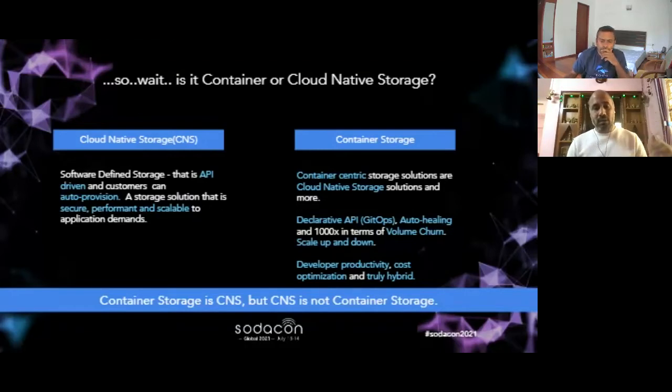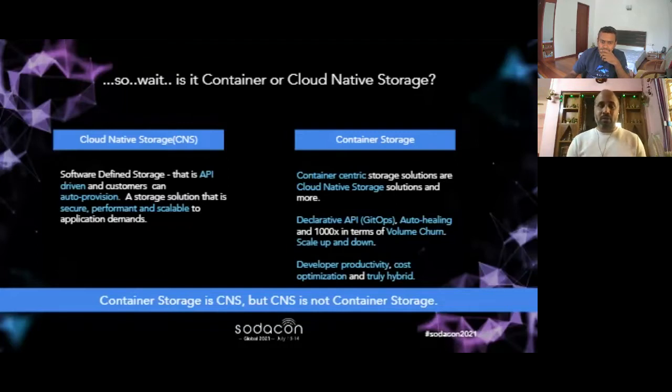So once we start serving these container-centric applications, we need to have all the good features of container native storage. Plus, we need to adopt the latest good practices that the industry has put forward. For example, APIs, which were imperative in cloud native storage, now have to be declarative, and they have to follow the GitOps way of doing things. It's not just auto provision anymore; it's also auto healing.